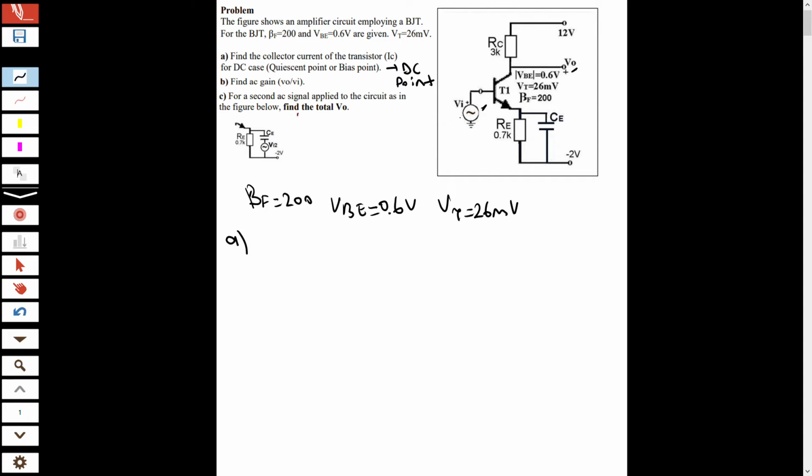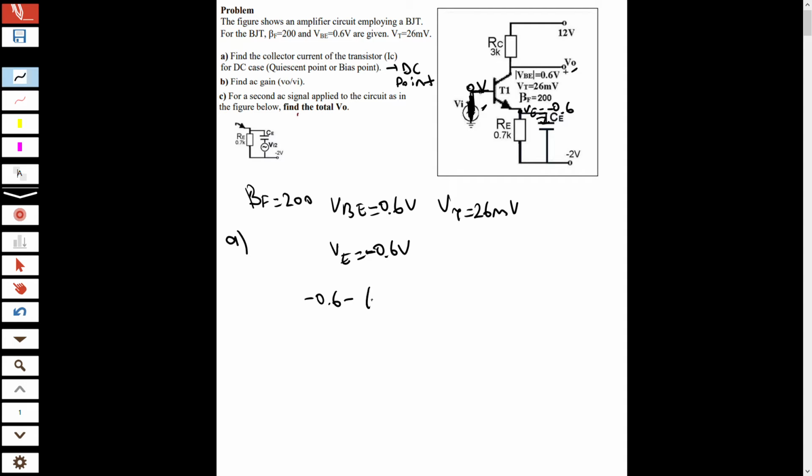When I look at the circuit, the first thing I see is that V input is AC. In the DC case, it is short circuited. So here it is 0 volt, base is 0 volt. If base is 0 volt, then VBE is 0.6 volts, so emitter voltage becomes minus 0.6 volts. Capacitors are open circuited for the DC case, so I can write here